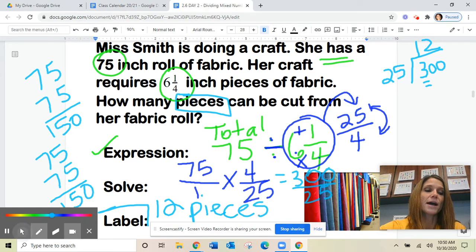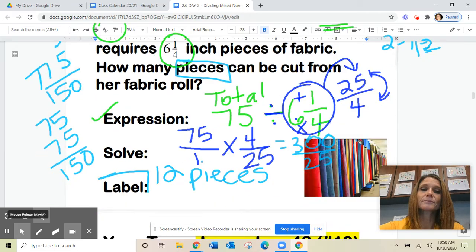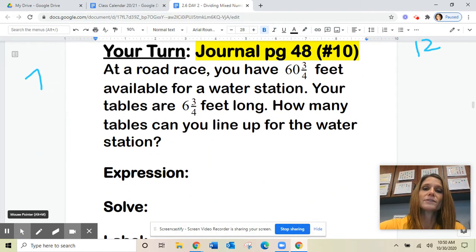Give you one to try. Yours is on journal page 48. It is problem number 10. There's a road race. You have 60 3/4 feet available for a water station. Your tables are a certain length. We want to know how many tables we can line up along the racetrack so that we can have as